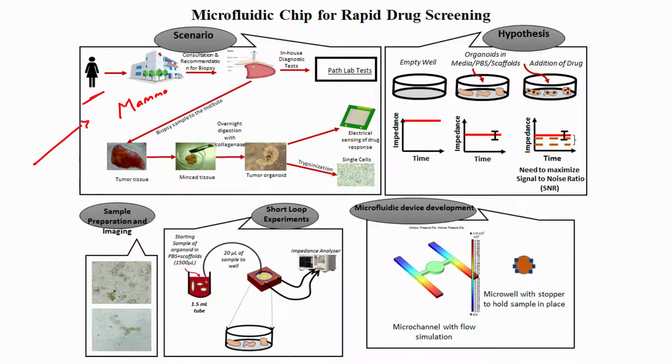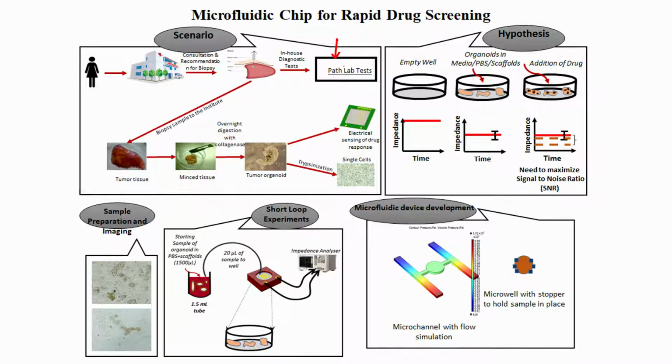If the mammography finds a suspected region, then the person has to go for a consultation and there is a recommendation for biopsy. Biopsy is taking out the tissue from the body using a biopsy needle. And then after taking the biopsy tissue, some lab tests are performed to understand whether the tissue is cancerous or not. Now, what do we want to do?